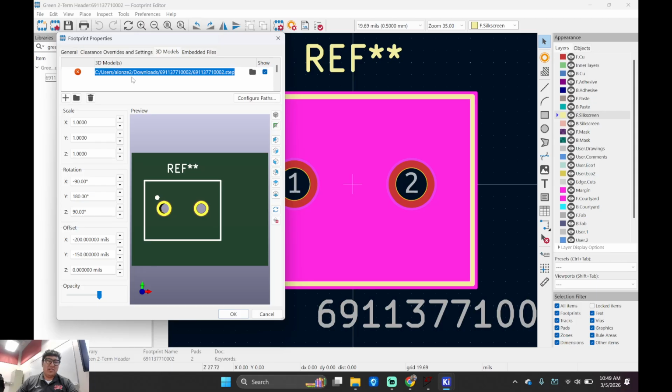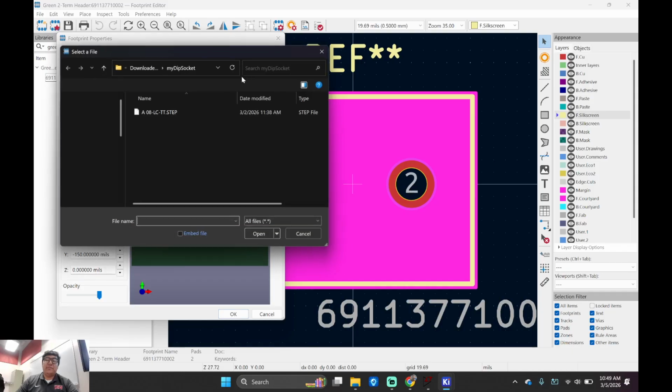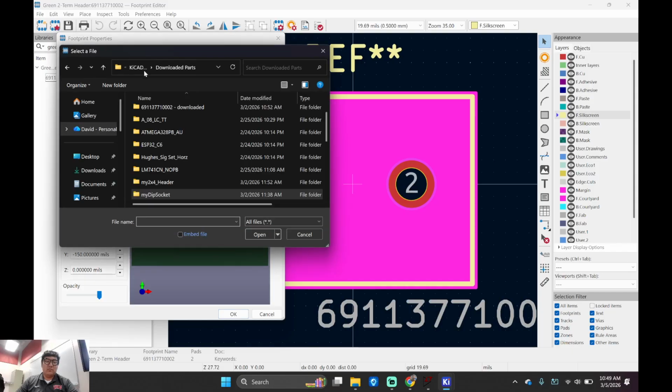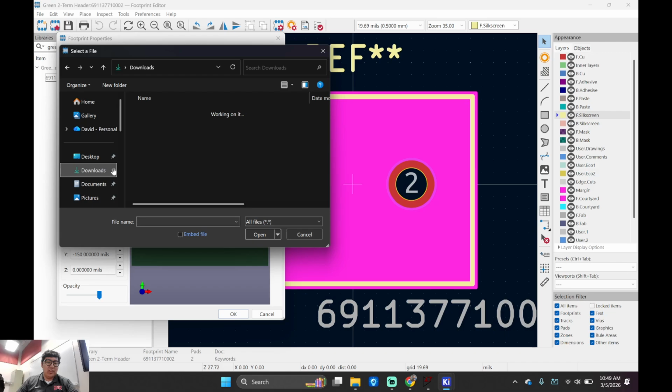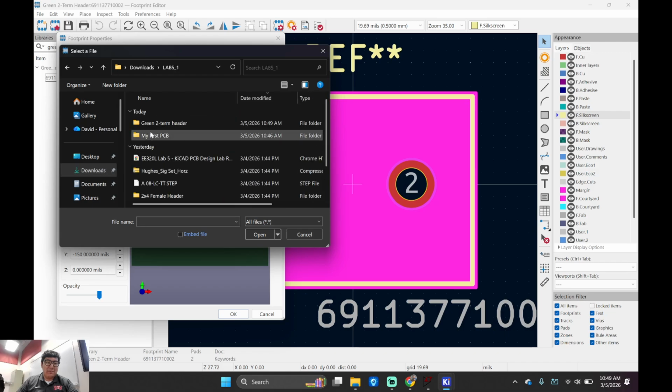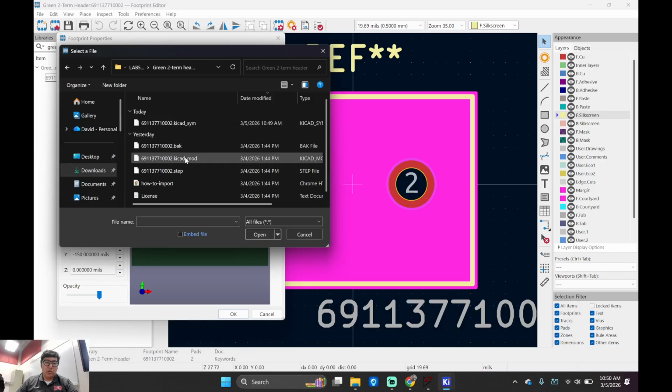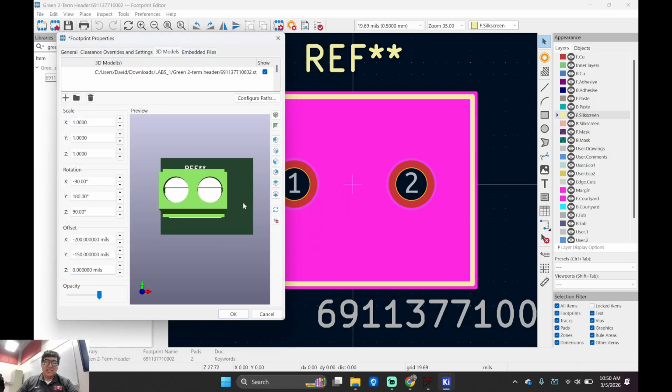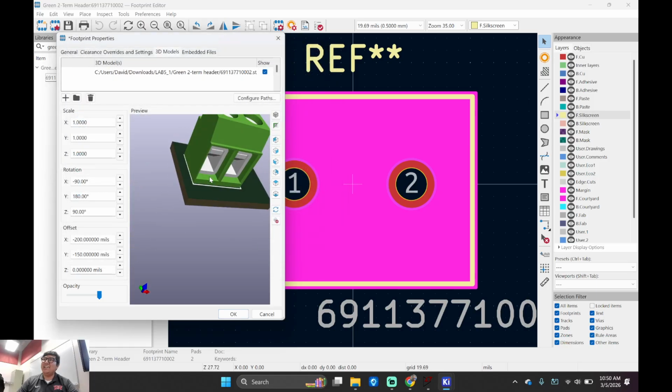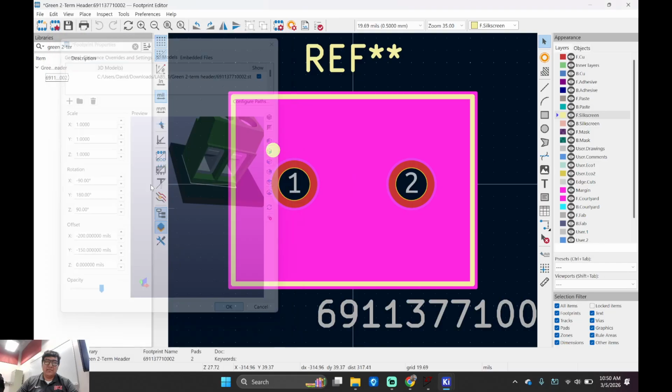So this guy, well, let's delete that. There you go. Let's find the step file. Where was it? Downloads. This guy's lab. The green headers, right? And we're looking for the step file. Okay? Does that look cute? All right? Okay? Save it.